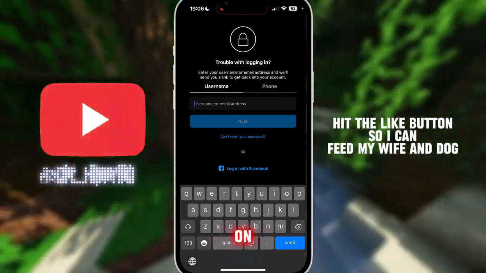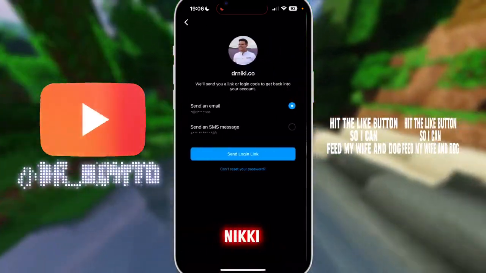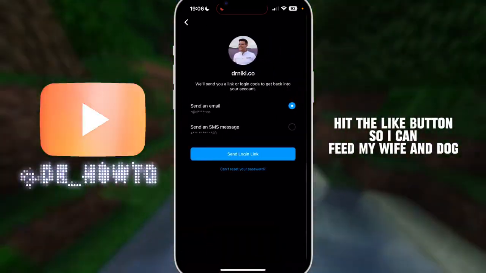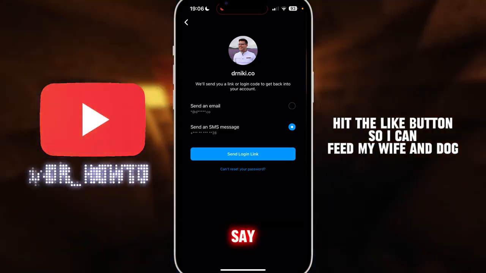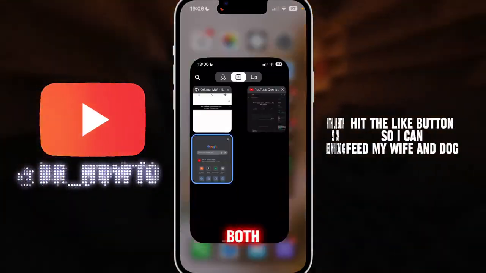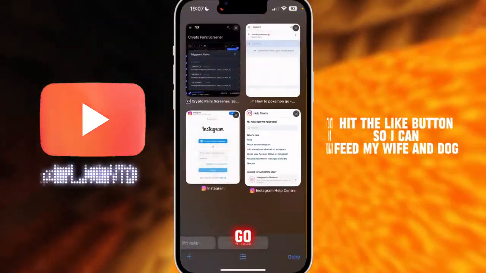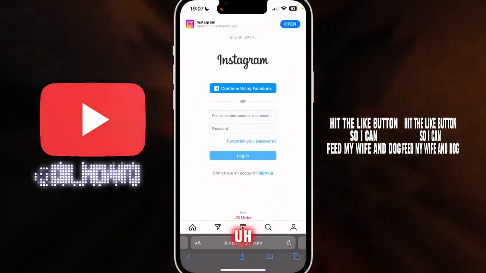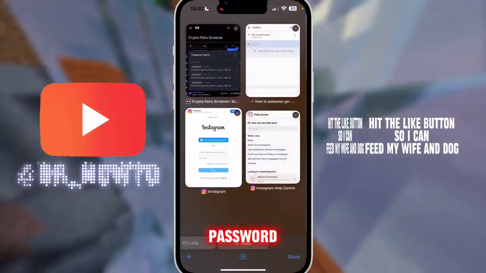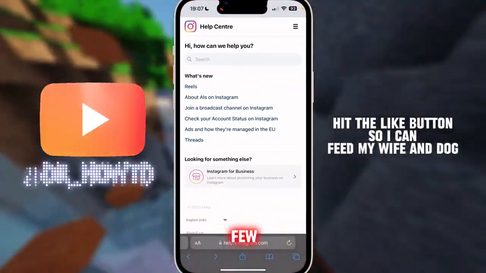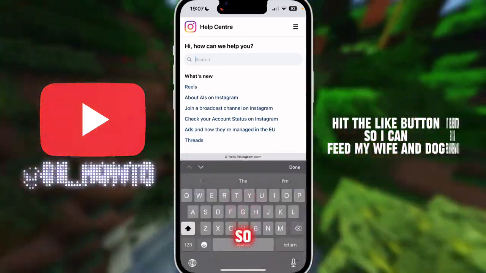You go in, you click on forgotten password, and you can type in your username, for example, for me, Dr. Niki. But when you click on next, it will either ask you to have the code sent to your email or your phone. But let's say the hacker hacked you on both. So what you want to do to have multiple options is actually go over to Instagram on a browser, and here when you type in forgotten password, omit the username, you might have a few more options. The second thing you can do is go to help.instagram.com, just like so, and from here you want